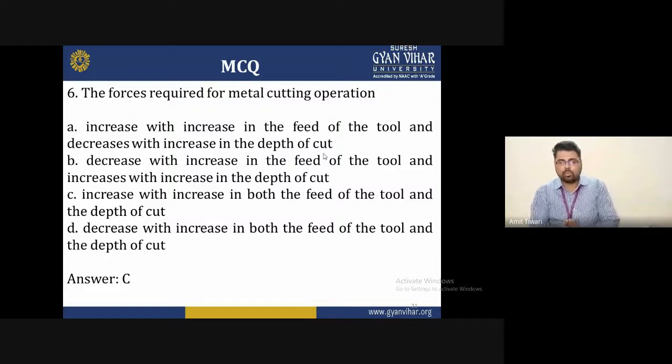Whenever you maintain the speed of the workpiece, providing high speed, remember also that the feed rate of the tool will also be increased, and with that the depth of cut will be increased. We do not require a low depth of cut, because with a low depth of cut we are affected by too much force and we reduce the surface quality of the material during the metal cutting operation.